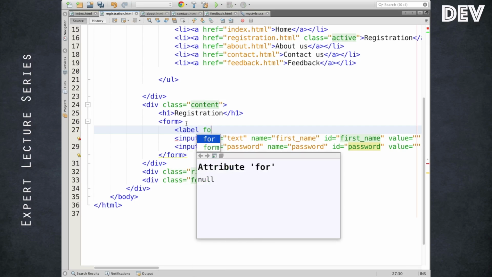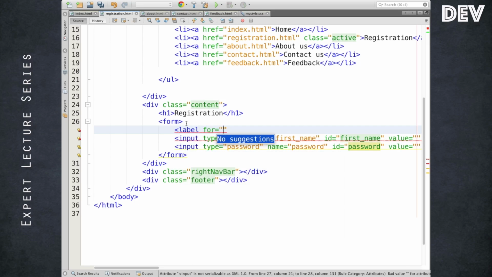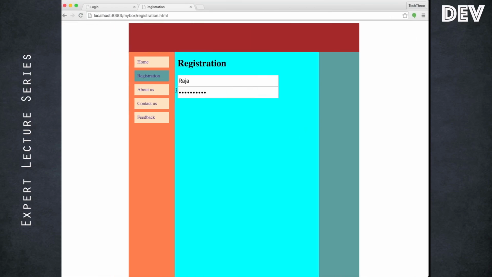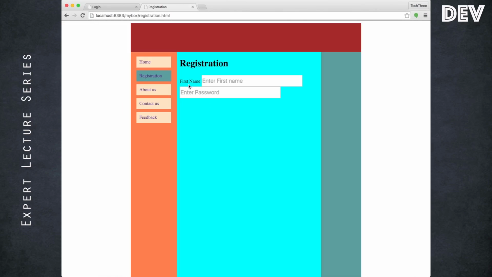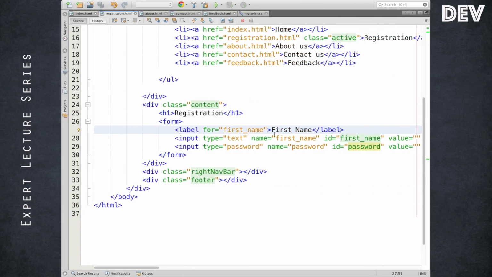There is the for attribute, with which you can tell which field this label belongs to. So it helps show for which purpose I am using it.